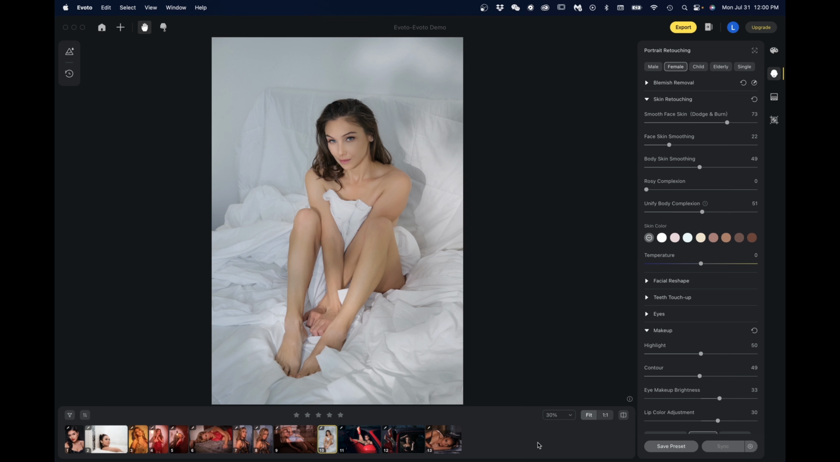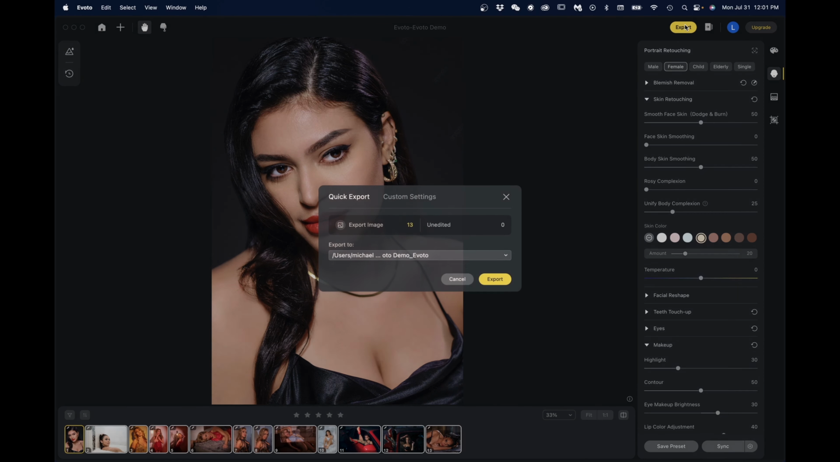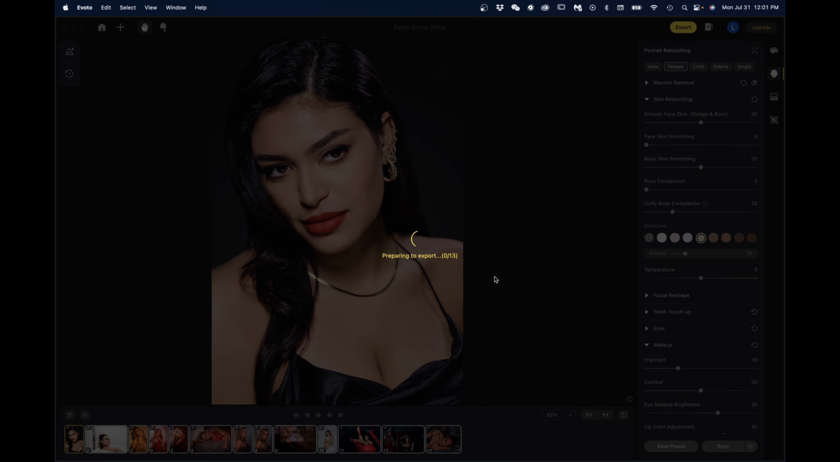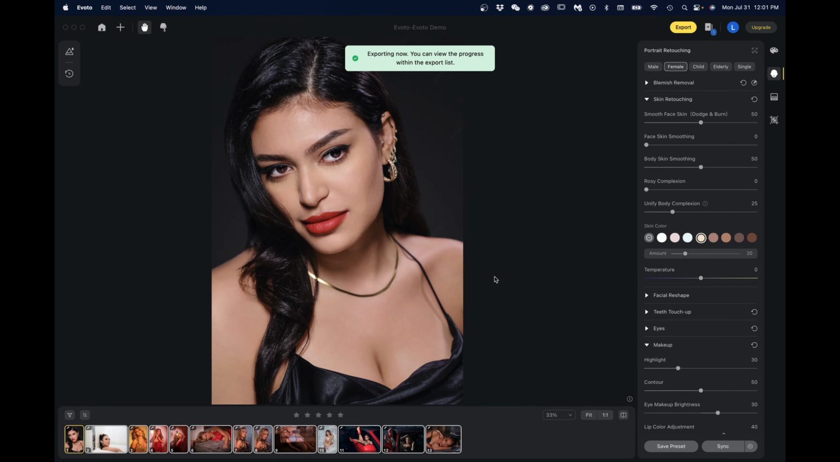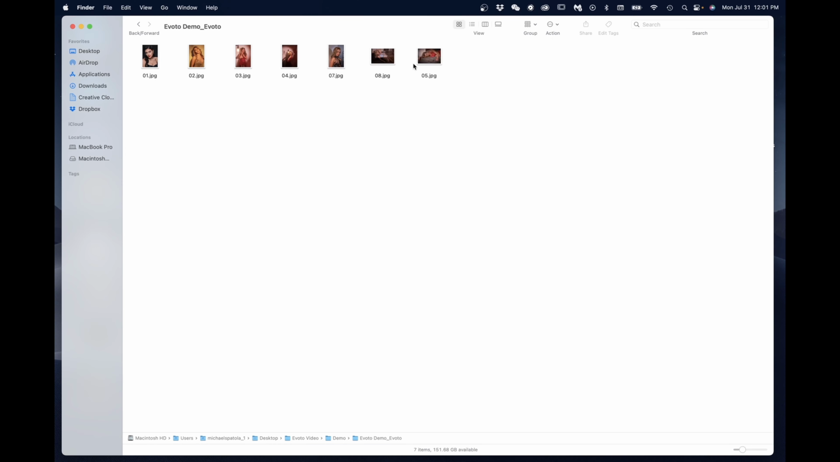When you're all finished, say I want to use all these, I want to send them to my lab for printing, I can just select all of them, hit export. It's going to create a new folder in my demo folder, and it's going to export 13 images. Let's export. And it's exporting them now. It takes a minute to export everything. Let's go back to my folder, and you can see it created the Evoto demo Evoto. This is the retouched photos folder, and it's still exporting them,